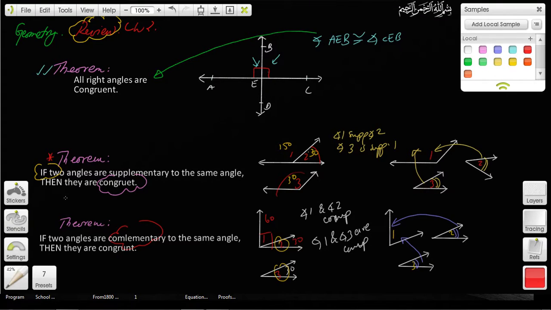So these are some very important recurrent theorems. I mean, they come up again and again, and it's very good to really know them very well. First theorem here is that all right angles are congruent. And then the second one here, if two angles are supplementary to the same angle or congruent angles, then they are congruent. And the third theorem is if two angles are complementary to the same angle or congruent angles, then they are